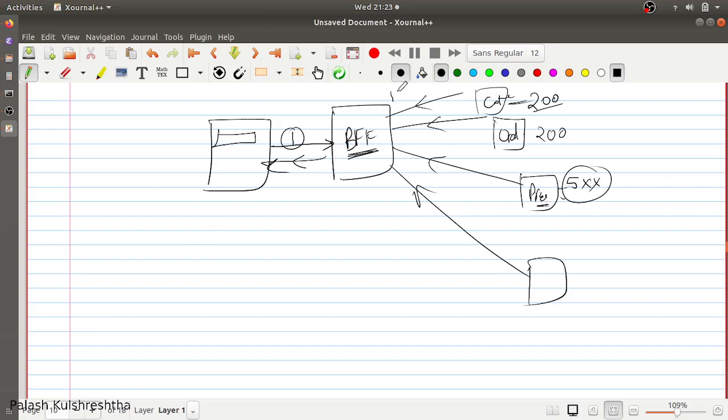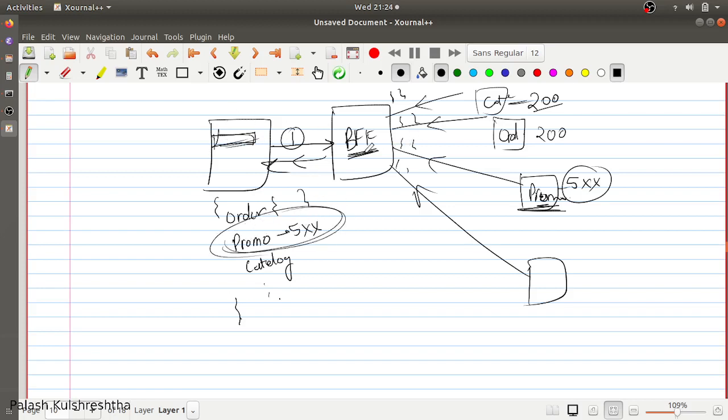For example, there will be four responses returned, and you can basically send a single response with the order details, promo details, and catalog details, like this. In this case, promo or promotions was giving 5xx, so you can say that there's a 5xx here. So in this case, what a front end can do is, front end can make an extra call. Either front end can handle this 5xx or BFF layer can handle this. That depends on your implementation.